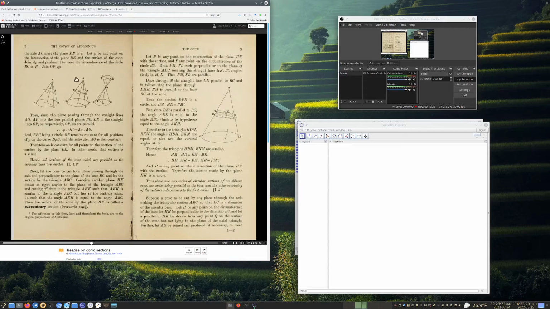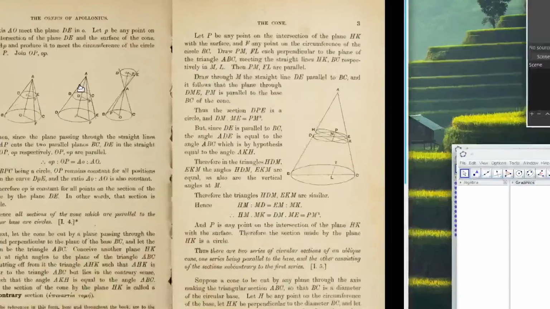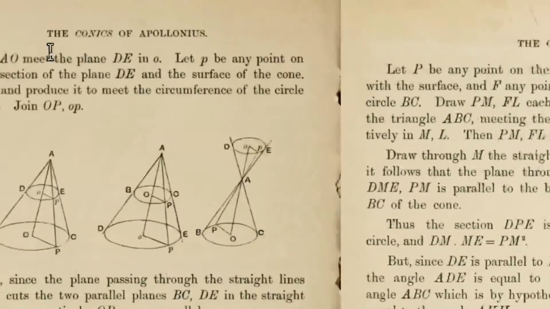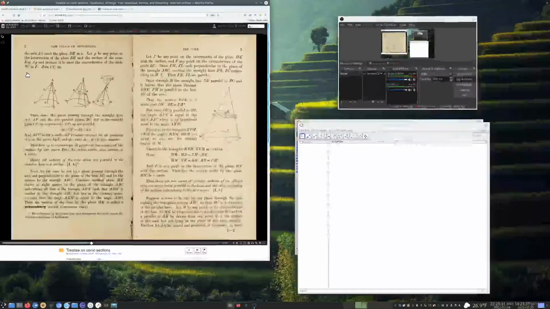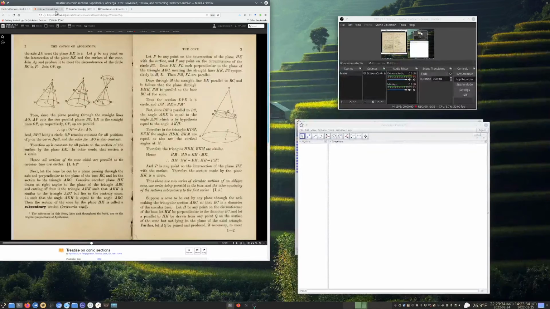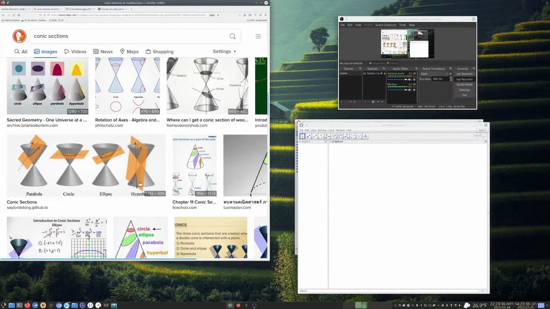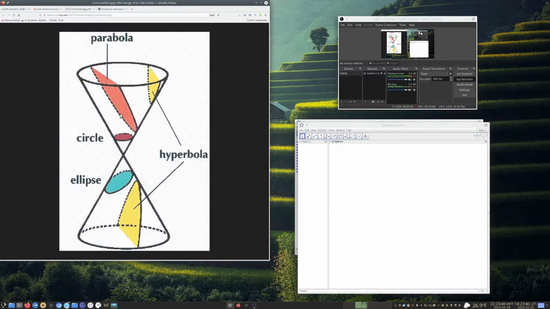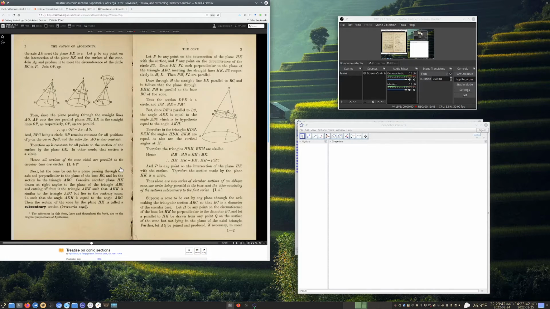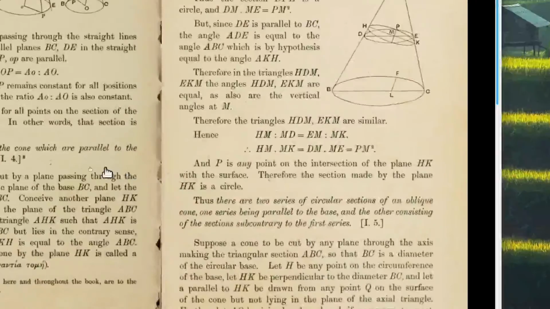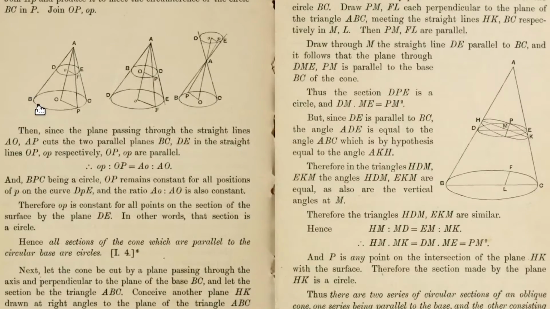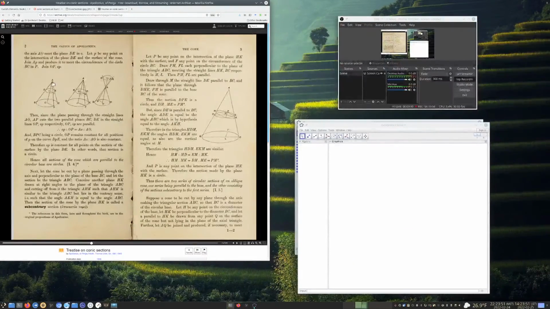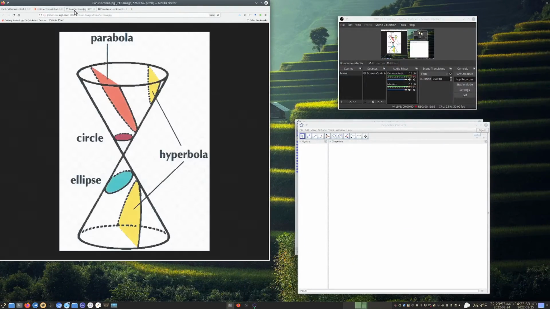So the point is that here, let me zoom in. This is like the first thing. You see how in this drawing that we had back here, the cones are all situated at nice right angles that are convenient. But the theory doesn't actually depend on that. What I was going to talk about